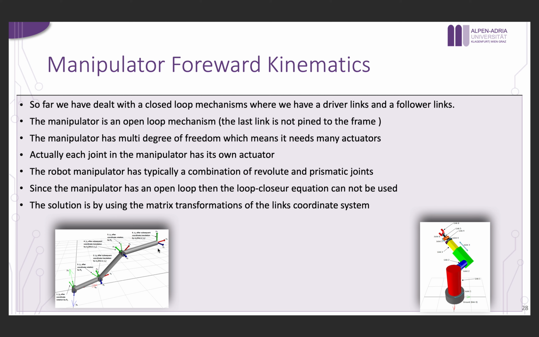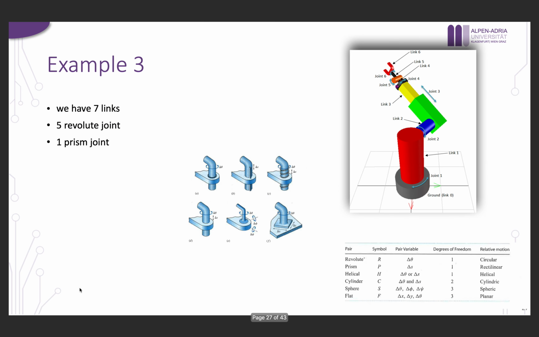As I said, in more like 99% of robot arms, we have joints with 1 degree of freedom. That means these joints are either prismatic or revolute, and they have only 1 variable: either theta, representing rotation, or s, representing